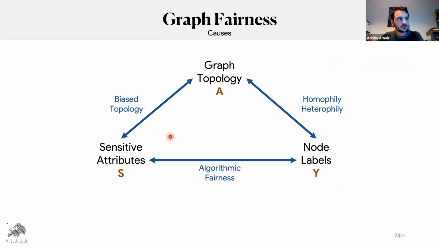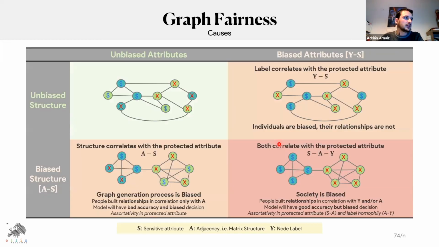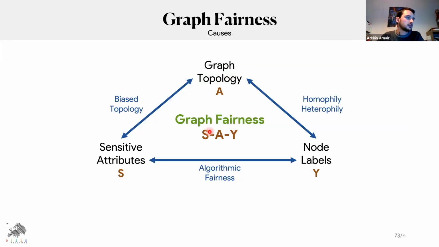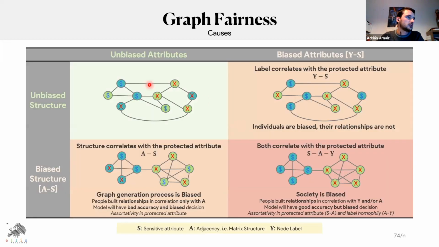But there's also another connection here that is going to be the algorithmic fairness, the classical independence between the attribute and the node labels. So we are adding one more ingredient to the algorithmic fairness, or we are adding one more ingredient to the GNNs, as you can see. And we have graph fairness that is analyzing the joint distribution between all of these. So the main idea, for example, in this joint distribution, we are going to look,